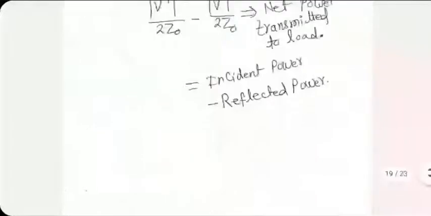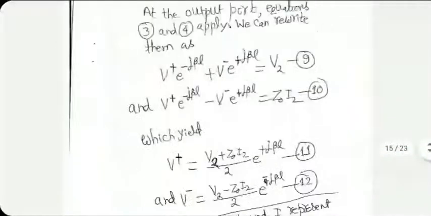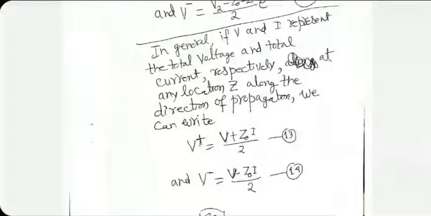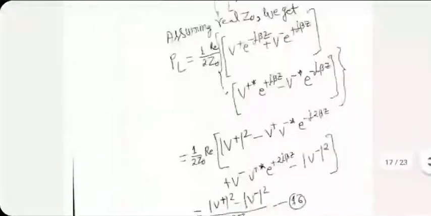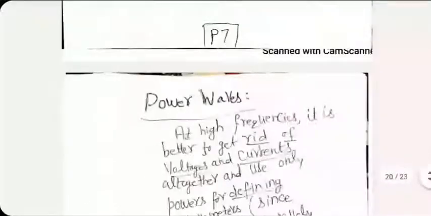Let me go back. I have that formula here somewhere. Based on what I was showing you earlier, these formulas. Or even more generally, this formula: V plus equal to V plus Z naught I divided by 2, and V minus equal to V minus Z naught I divided by 2. What they did was, they defined an equivalent representation called power wave,